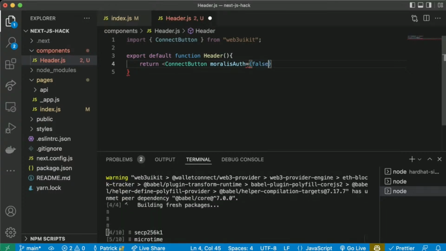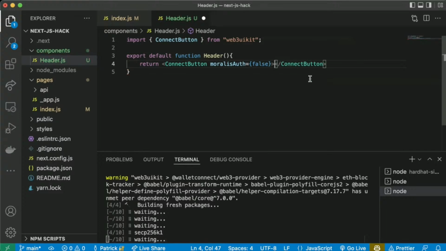Saying moralisAuth equals false is basically just saying, hey, don't connect to a Moralis server, because again, we're not using the Moralis server. We're just using these tools.